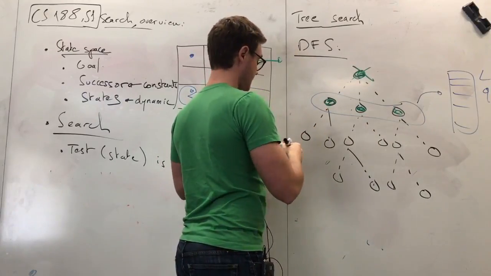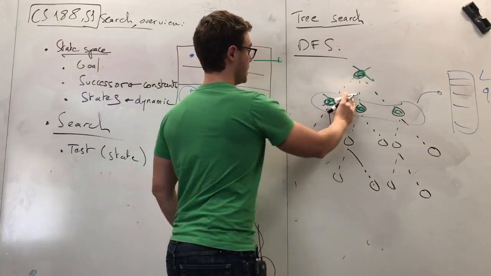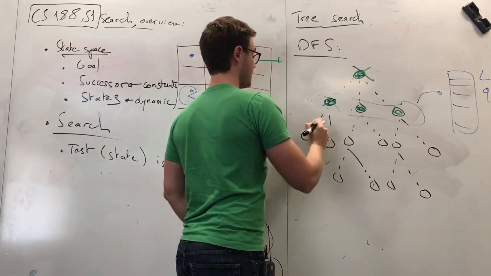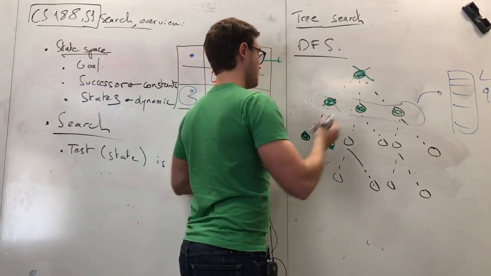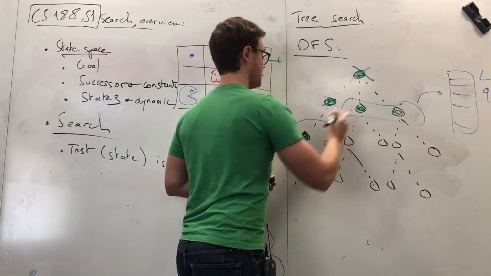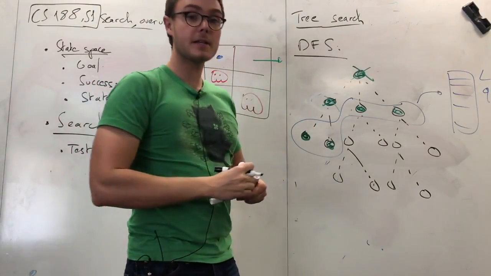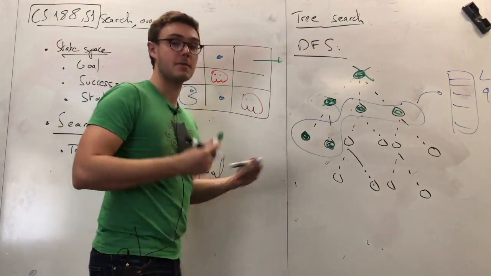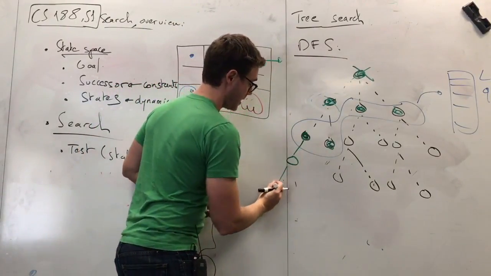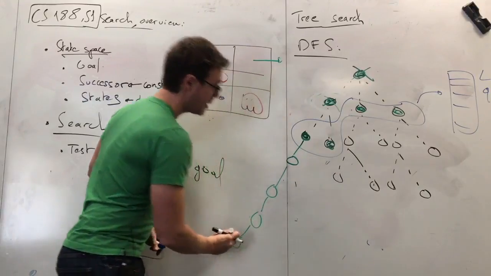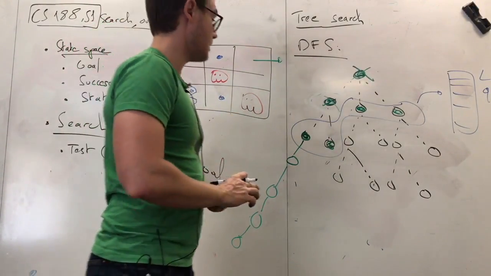So I start expanding this node. I call the successor function on this node. I get rid of the node. It's no longer part of the fringe. And the successor function tells me that the two new nodes that I discover are these two here. And I will do exactly the same. I will take the last node I have added to the fringe, and I will expand it. And as you will see, I will expand the nodes like this, okay? I will deepen my search, always in the same direction on the tree,